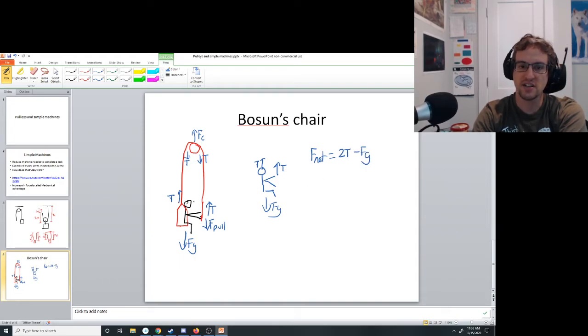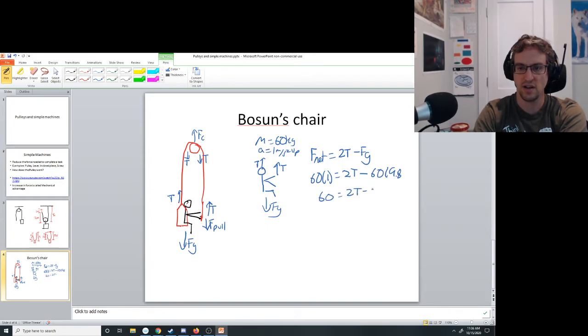If they want to accelerate upward at 1 meter per second squared, let's give ourselves a mass here. Let's say the mass is 60 kilograms. Now I need 60 times 1 to equal 2 times the tension minus 60 times 9.8. 60 equals 2T minus...